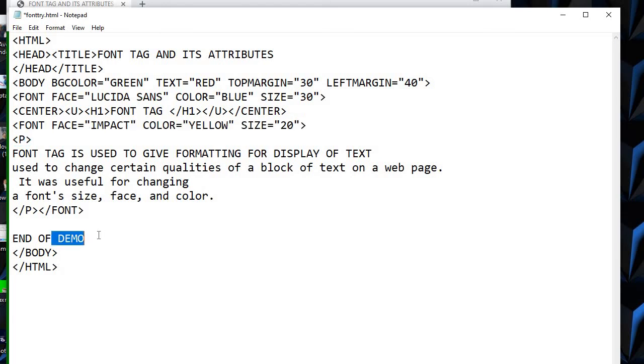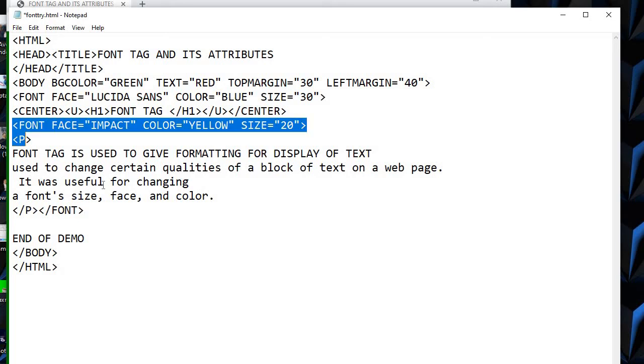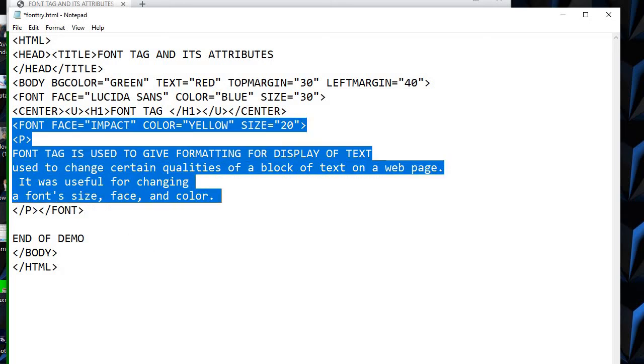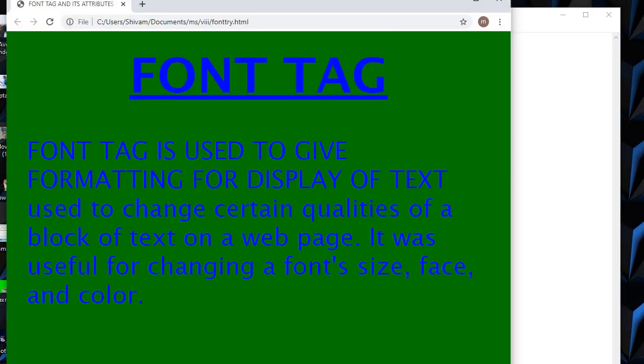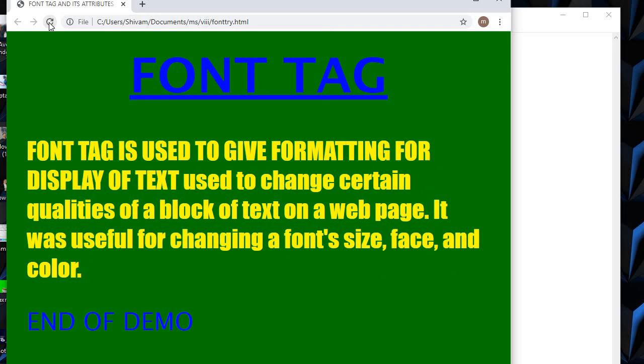So this end of demo text will come in the normal default set, not based on the font, because font has been closed, and the lines between font and slash font are the paragraph's lines. So let's save and see. Refresh this page. See this now. This was one font given, this was the second font given, and here I have not mentioned anything, so it is coming by default. I have not applied any font to this.